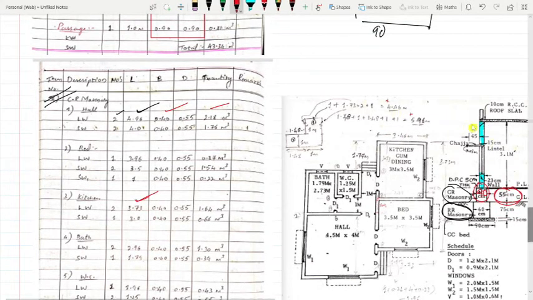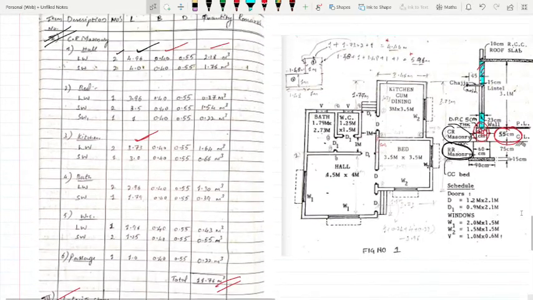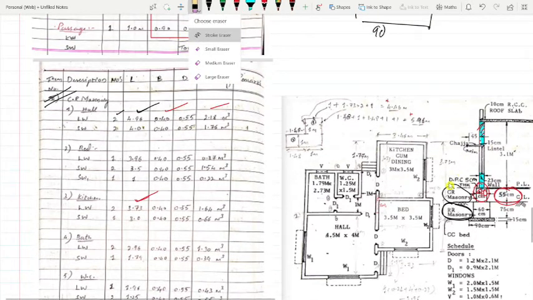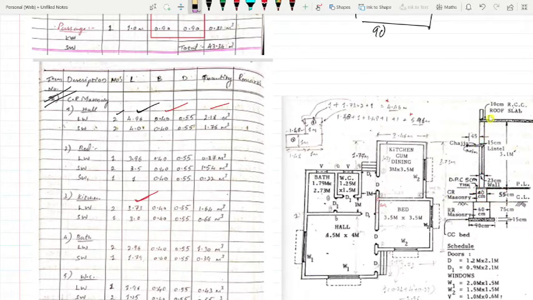This is the laterite stone masonry, this entire portion, and for the wall we'll do the deductions. While taking it completely, we'll take this wall, and for this portion we'll do the deduction immediately after this step.